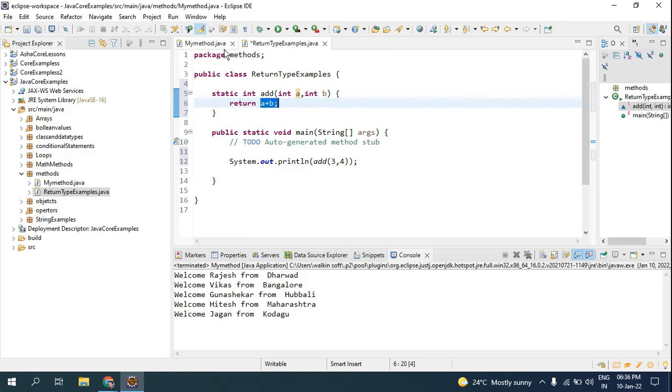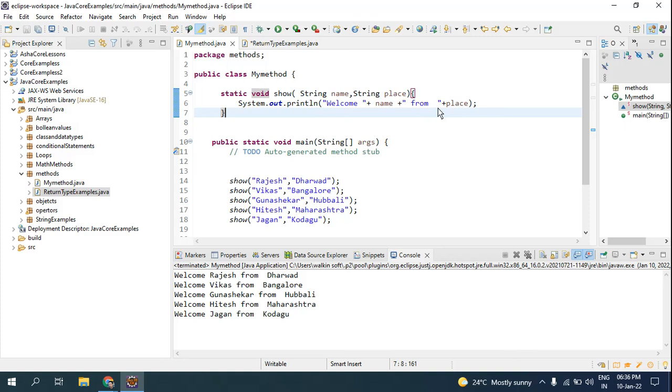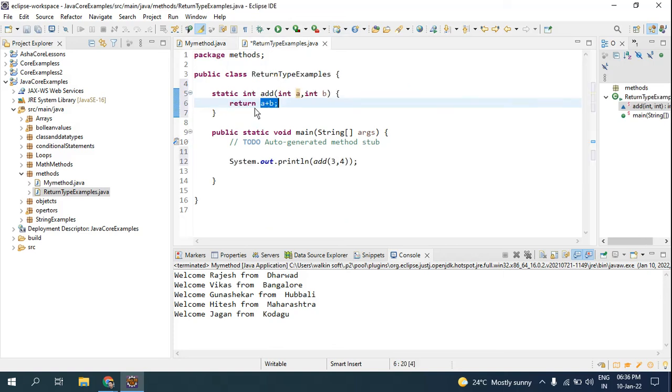Here it's a concatenation. You are not asking to return a new value, you are just printing out whatever parameter you have passed. But here you are asking for an operation to be performed, so you have to give a return type, and when you have a return type you have to give the data type. So you cannot use void here. If you use void, look here, the Java compiler gives you an error. You have to give the data type. So for now I'll give it as an int.